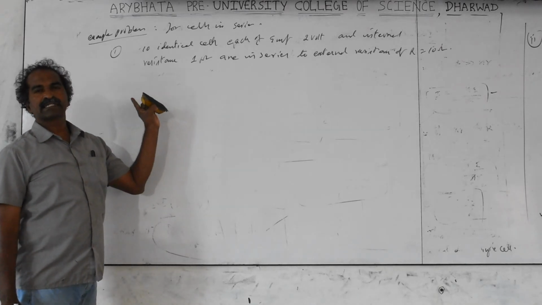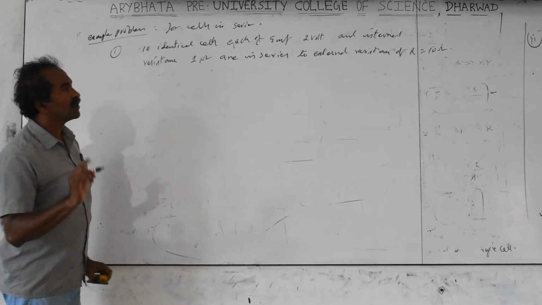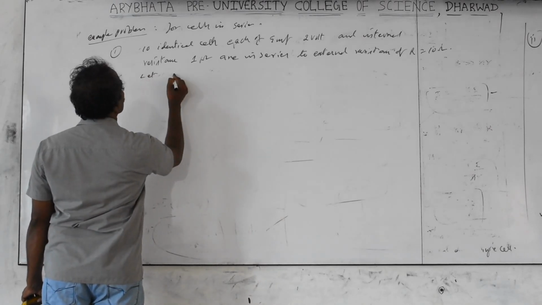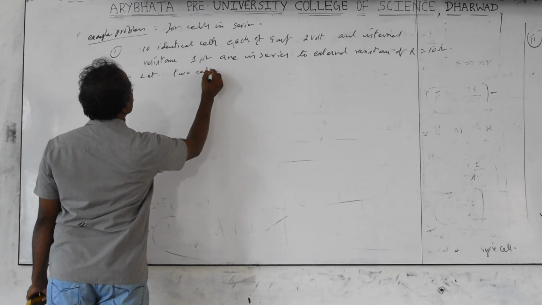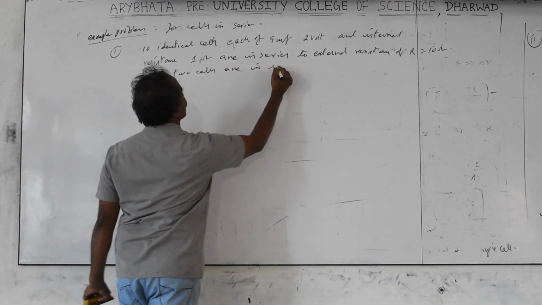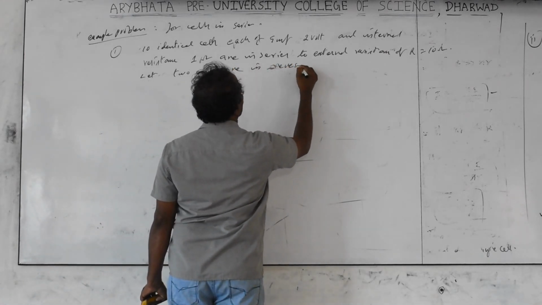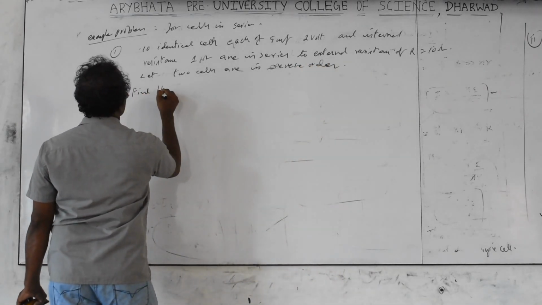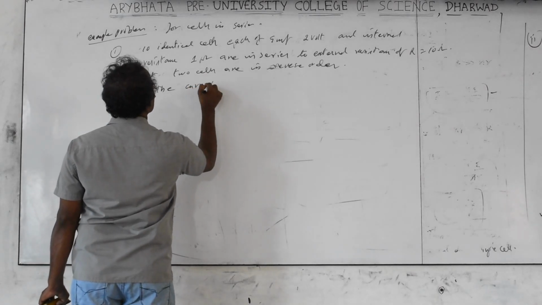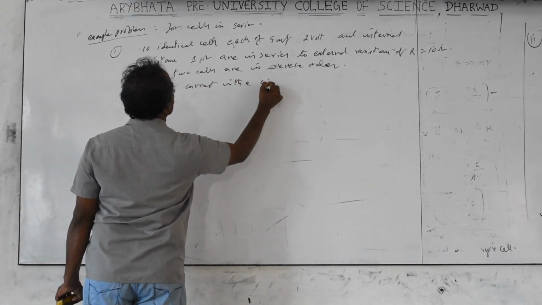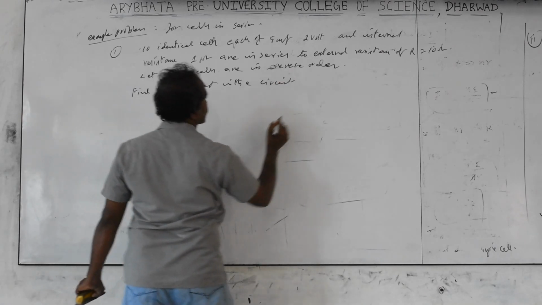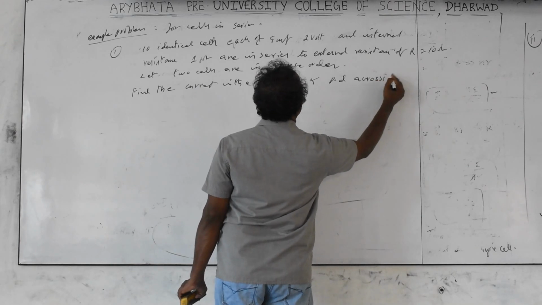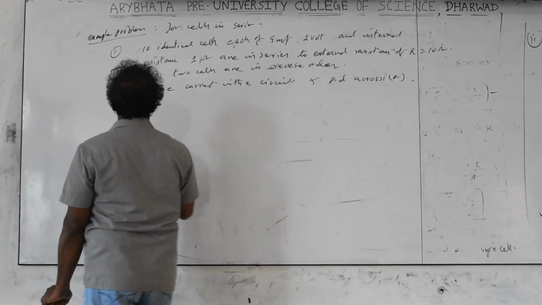Okay, in that let us reverse some cells. Let us reverse 2 cells. Let 2 cells be in reverse order. Find the current in the circuit and potential difference across R. Answer: